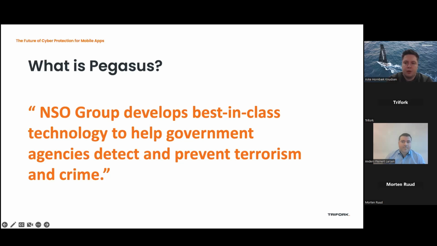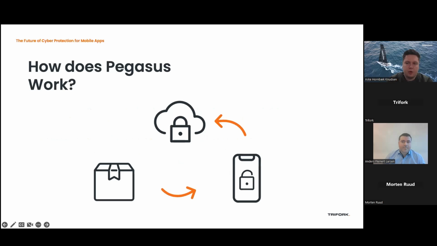But unfortunately, a report from Amnesty International reports that Pegasus is being widely used against high-profile targets, such as journalists and human rights activists. So it's not just traditional bad guys, but that's a whole other discussion. So let's dig into how Pegasus works and how we first observed it. And when I say we, I don't mean Trifork as a group or me. I was not unfortunately part of it, but a group called the Citizen Lab, I believe they're based in